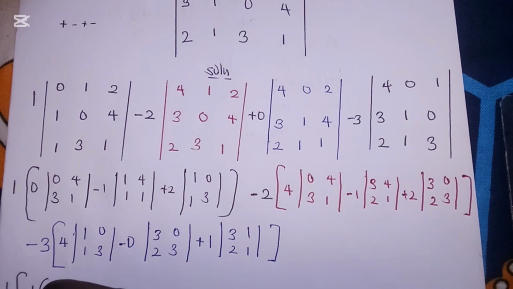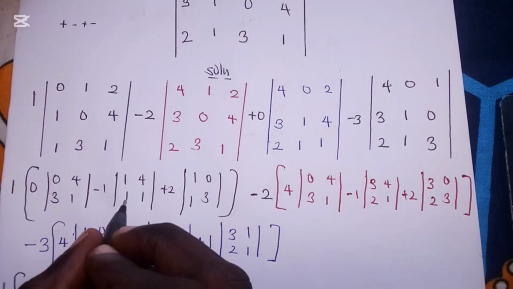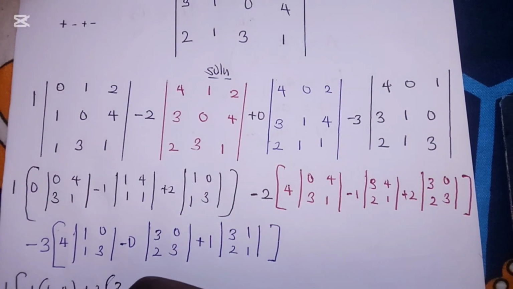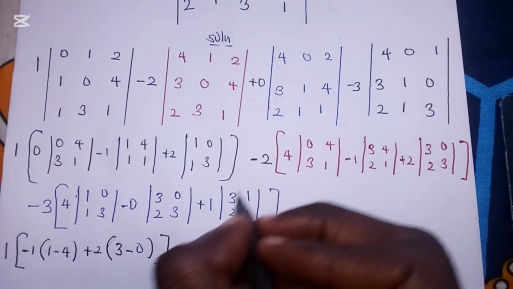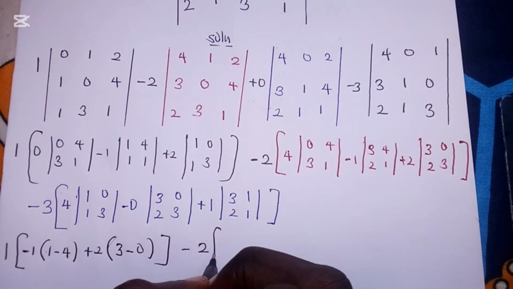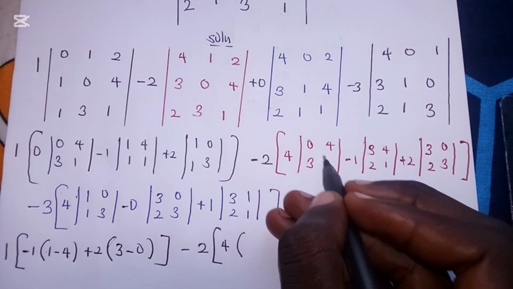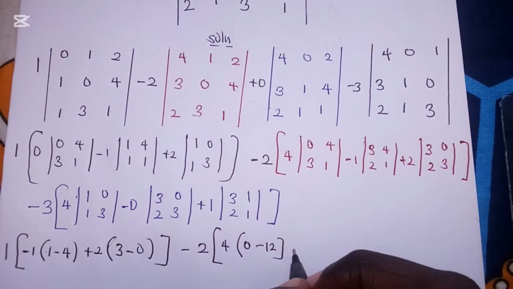1 times 1 we know it is 1 minus, that is the principle. Multiplying the diagonal minus non-diagonal, minus 1 times 4 giving us 4. Okay, we come to this, we say plus 2 into 1 times 3, it is 3, minus 1 times 0, this is 0. Okay, giant bracket close. We come to this again, minus 2, the same thing, and giant bracket open. Then this is 4, multiplying by 0 times 1, this is 0, minus 3 times 4 giving us 12. Then minus 1